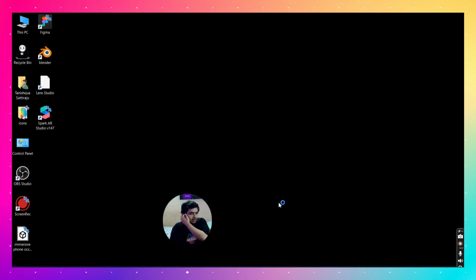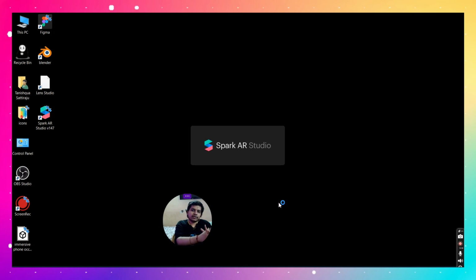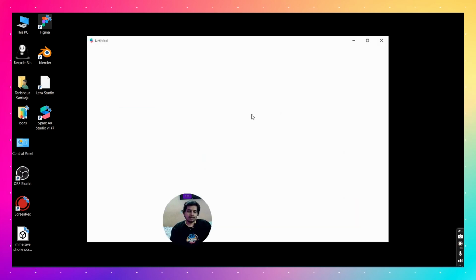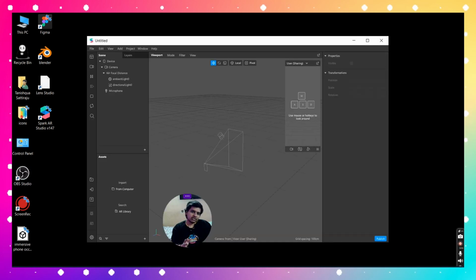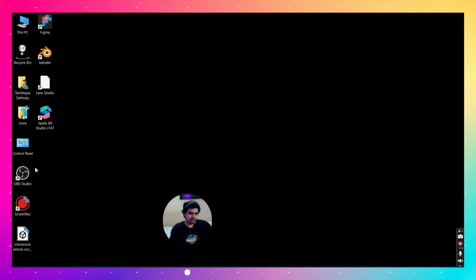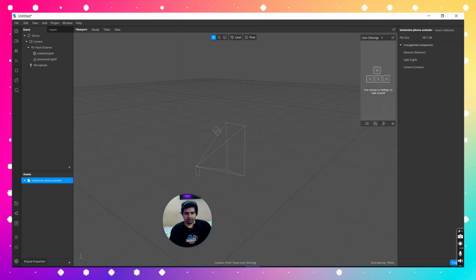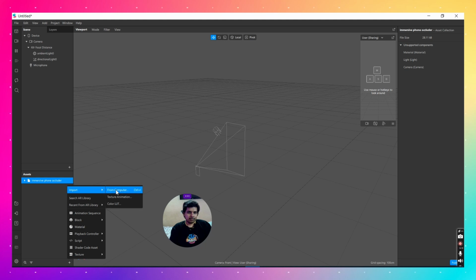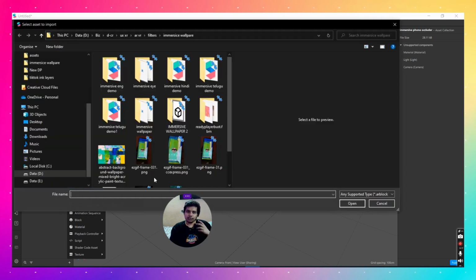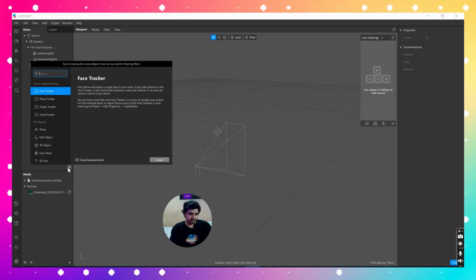Now we'll take a quick look at what we need to do in Spark AR. The process is basically the same. You import the mesh, you assign the materials, and then you do whatever you want to do with it. First things first, we take the mesh, we bring it in, then we bring in the wallpaper or any image that you intend to use, and then you go here,